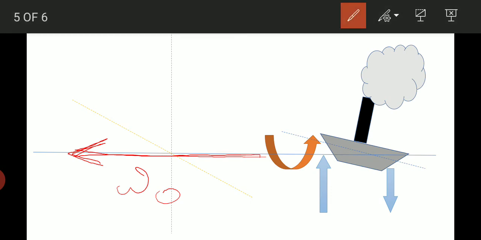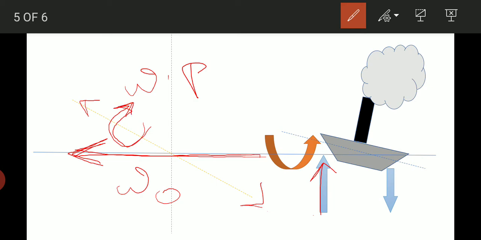Now we will draw the precession axis, which we will get in pitching. In the pitching case, we will get the precession axis in the z direction, and it is given that the ship is pitching upwards, so we will get the precession vector somewhat like this, omega p, because the ship is pitching upwards. So this omega p represents that the ship is pitching upwards.